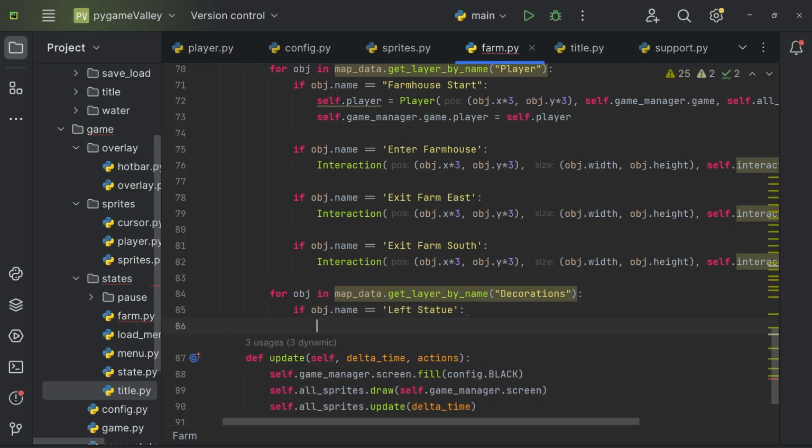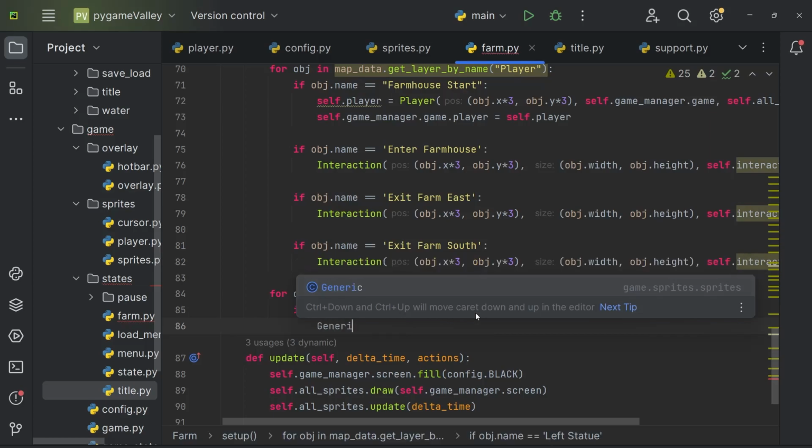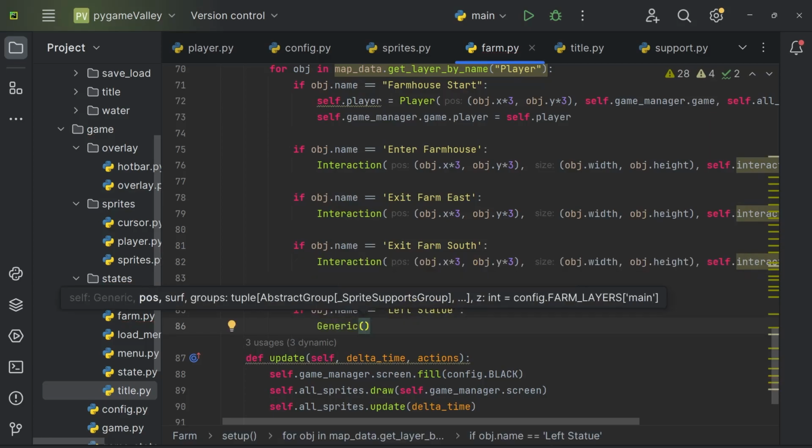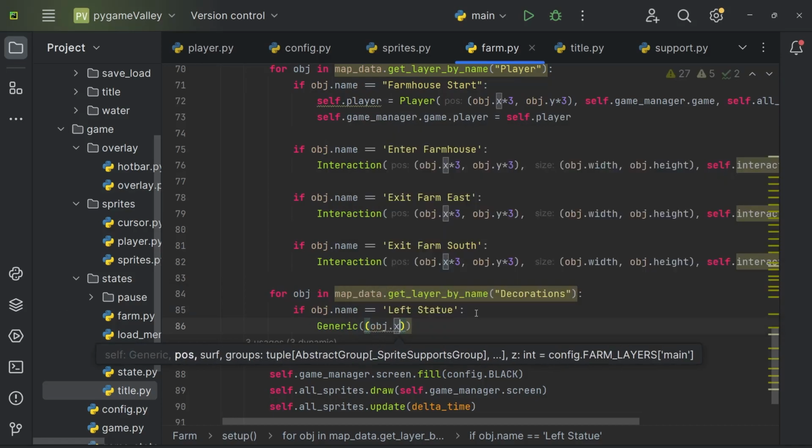So if it's the left statue, we're going to make a generic object. Actually, I want these to be interaction objects. No, I think generic is fine because they have a hitbox. So we'll check for the collisions when we need to. So we'll leave it as generic for now. And the position is object.x times 3, object.y times 3,